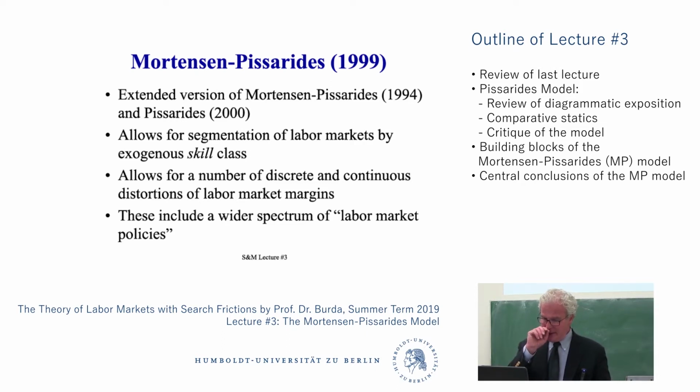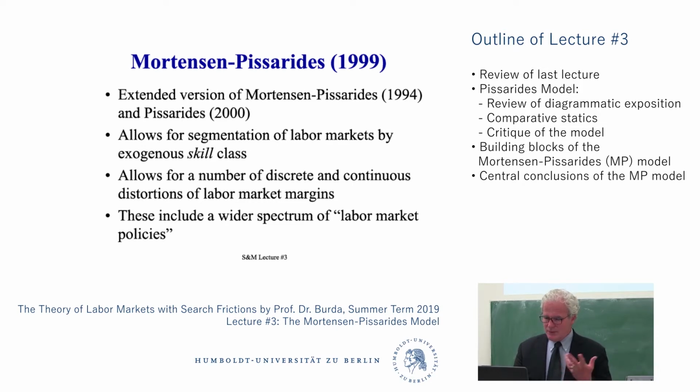Okay, so the model also allows for a lot of distortions. What I'm going to show you now is that what we had before with Pissarides was very simple. You had a vacancy posting cost, you had a productivity of the worker in work, you had a benefit the worker could draw if the worker were unemployed. We can do much better than that. We can even think about labor market policies. I already talked about training, job subsidies. In France, for example, if you work at the minimum wage, the government may pay for your Social Security contributions. There are all sorts of things you can think about that are hard to think about in a classical labor market setup.